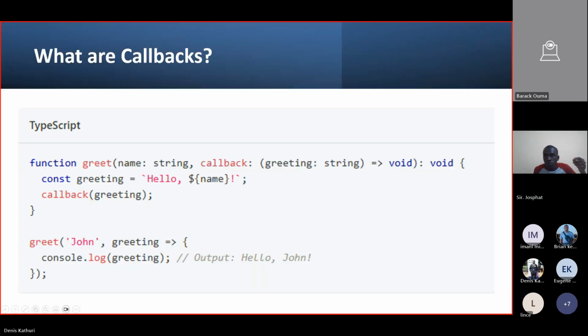Then you can have some simple syntax of these patterns. The first pattern we talked about was callback. With a callback, you pass a function as an argument